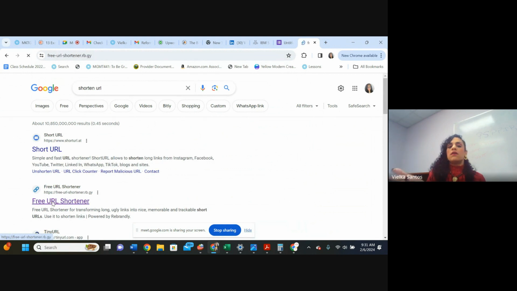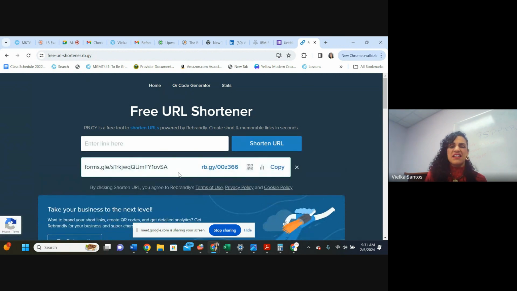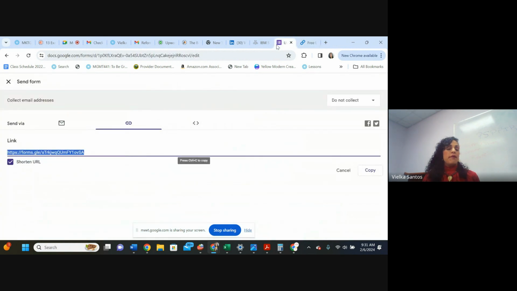So I have a free URL shortener. You don't have to use it. This is an example, okay? It's doing more or less the same, but anyway, once we have the link, we can copy, Control-C, and then you can distribute it to everybody. WhatsApp, you can make your broadcast list in WhatsApp, to your customers, to your family members, friends, future customers, etc., and obtain real-life data about them.